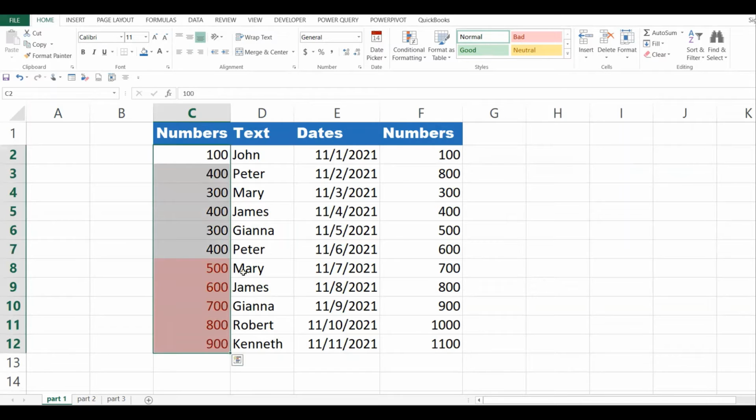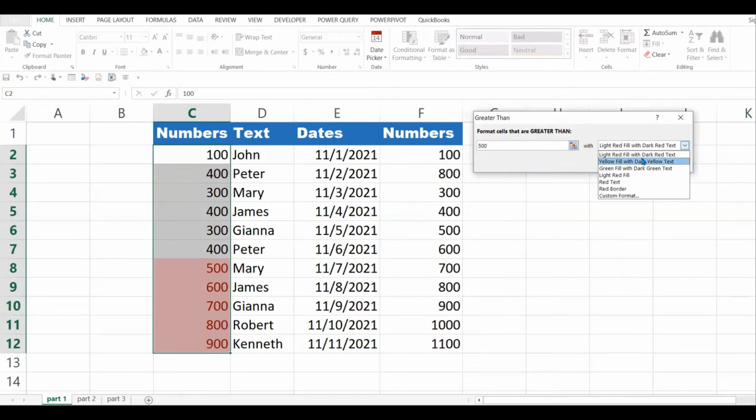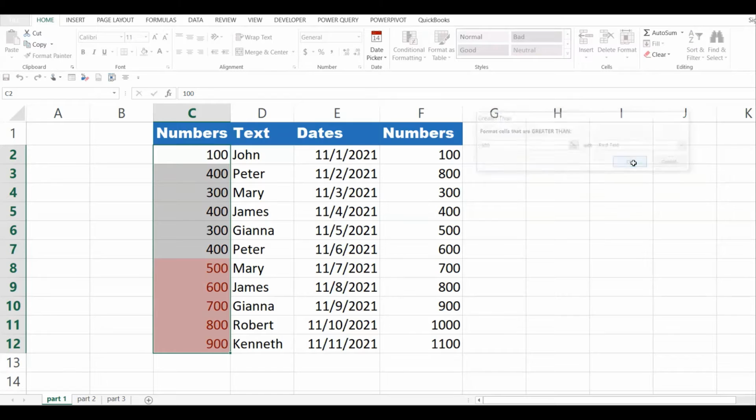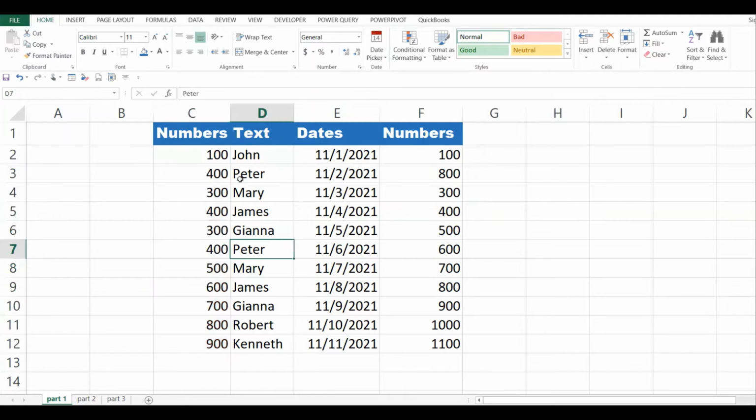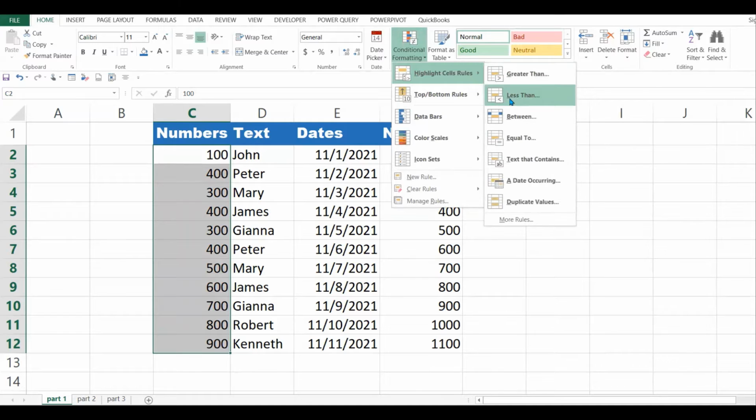And this color formatting here can be changed. You can come here, change to yellow, change to that color, change the text. All that can be done under this conditional formatting. So you can clear the rules from selected cells, and the rules are removed. So greater than, less than, in between two numbers, equal to a certain number, all these are similar. They can be done the same way.